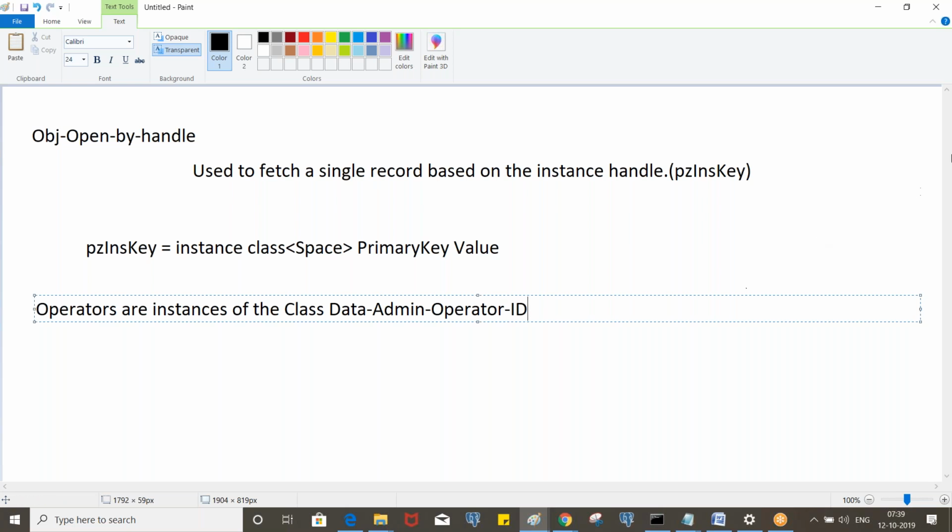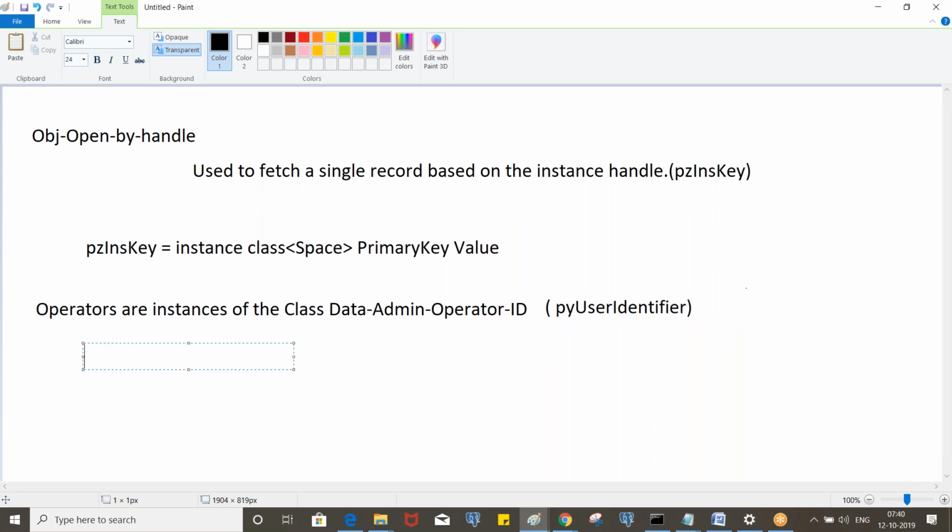Okay. So now let's say, what is the primary key here? Here the primary key is py user identifier. So for work class it is pyID, right? But for this class it is py user identifier. So every class will have a separate key.